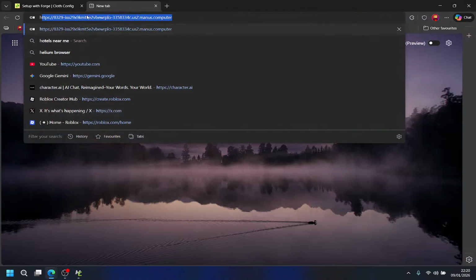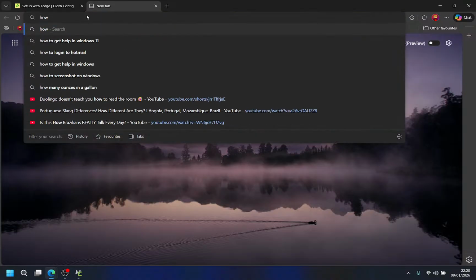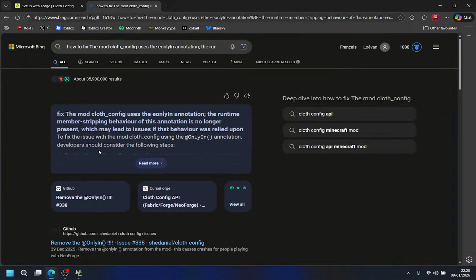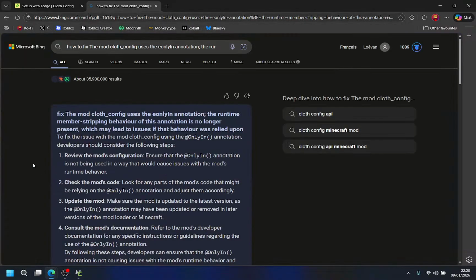Now how to fix this. Fix the Markov config uses the only